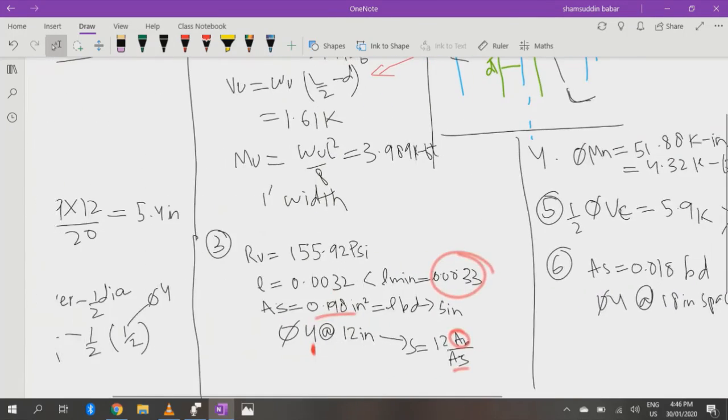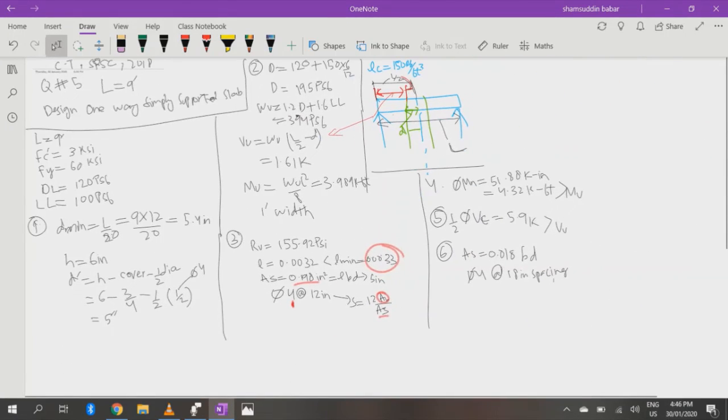So this concludes our whole procedure for the design of slab. Okay, if you have any queries, you can